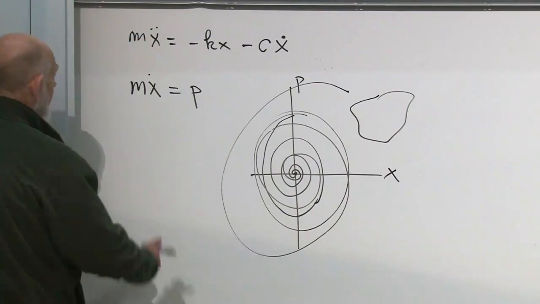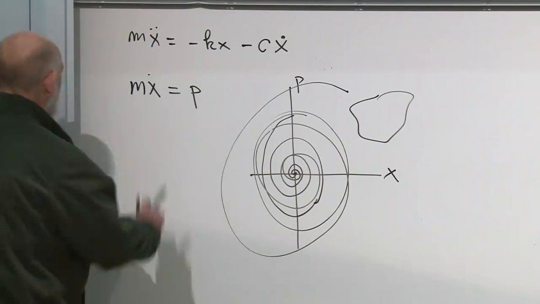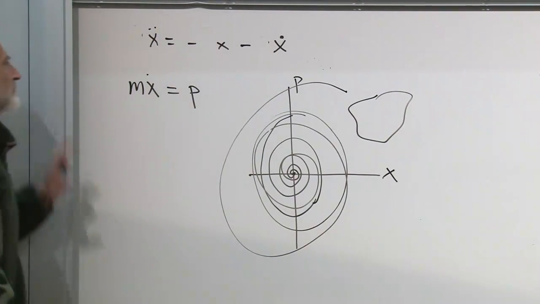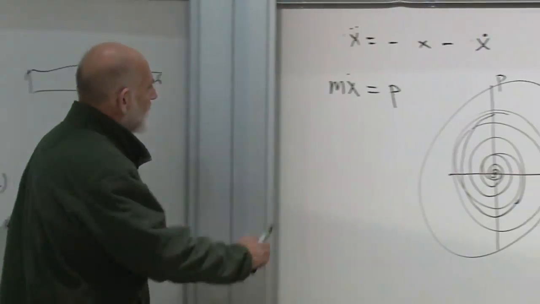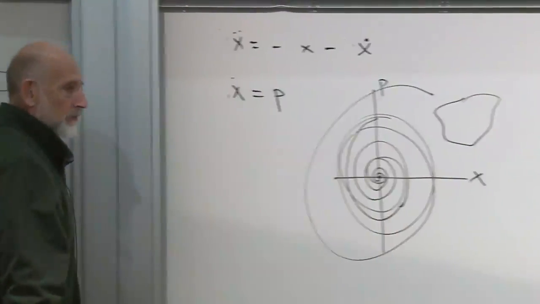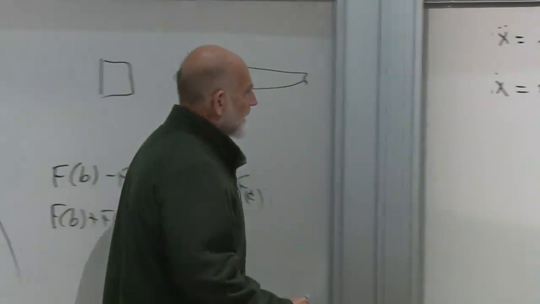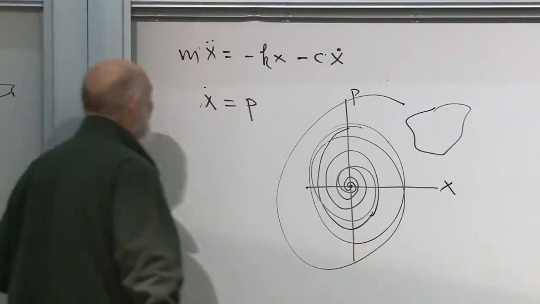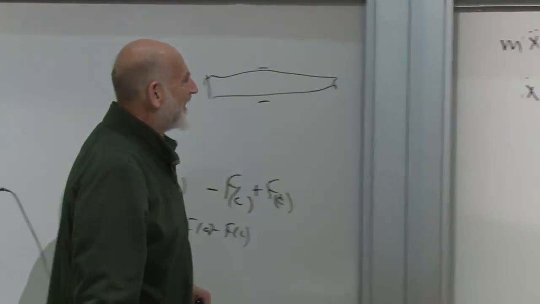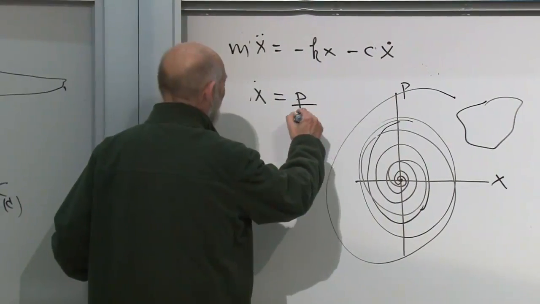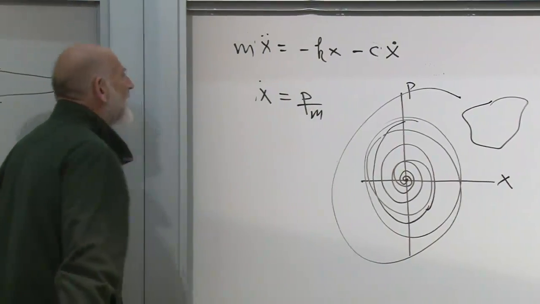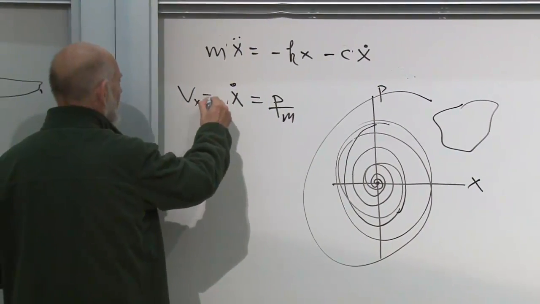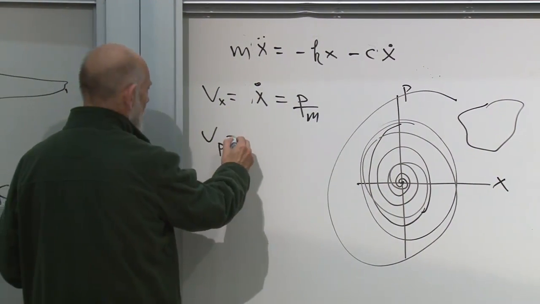So first of all, I'm going to get rid of the mass and the spring constant and the constant here. And we're just going to simplify the equation to the bare bones. Then x dot is just equal to p. Now what is p dot? I'm sorry I did that. x dot is p over m, or m x dot, yeah, p over m. All right? That's x dot. That's the x component of the flow, right? Vx. What about Vp? Vp is p dot.